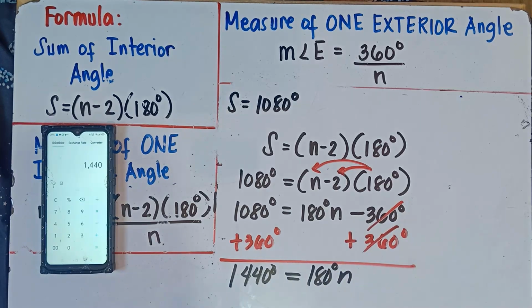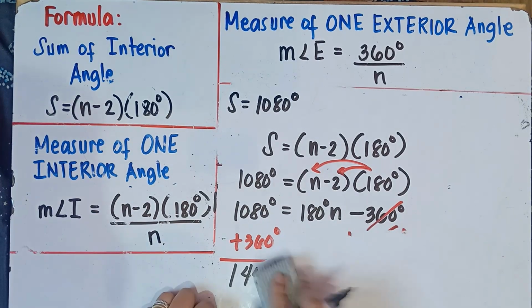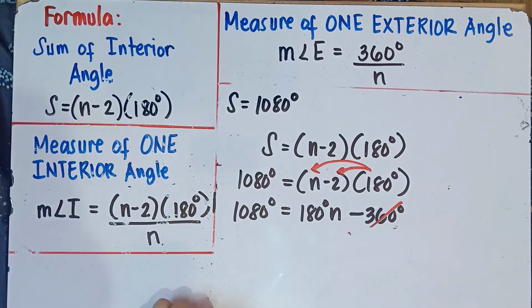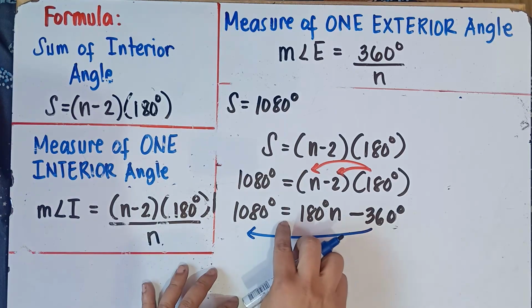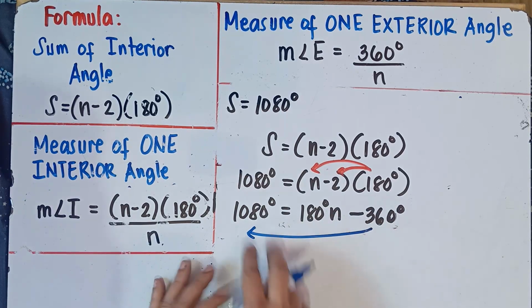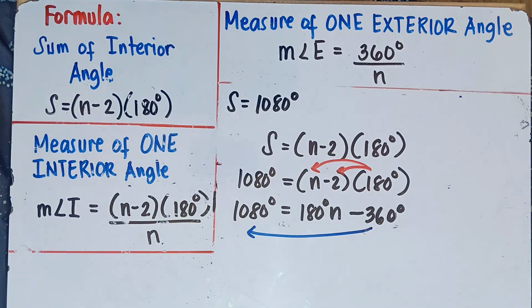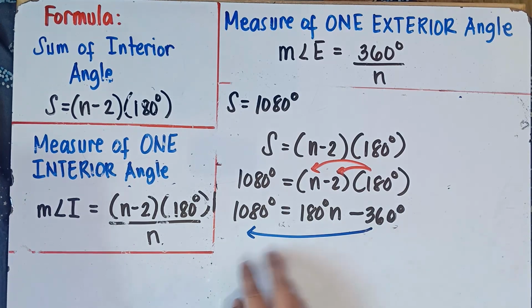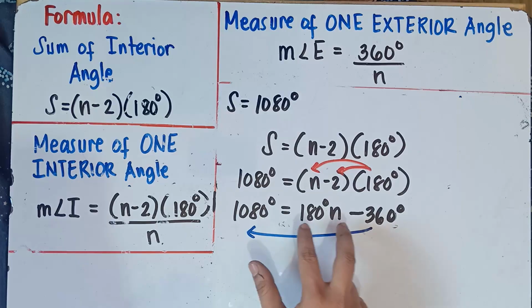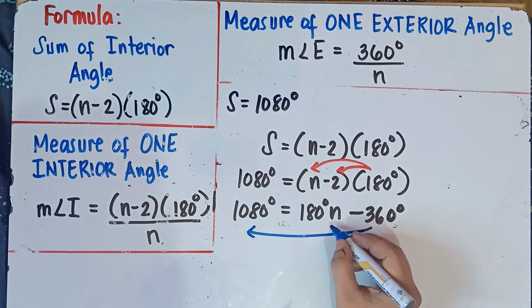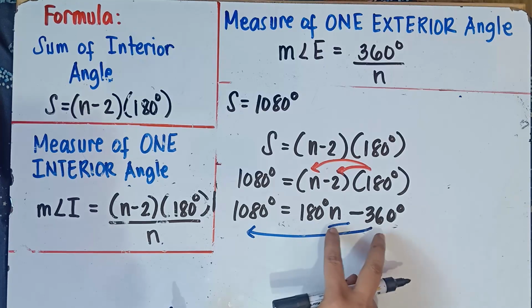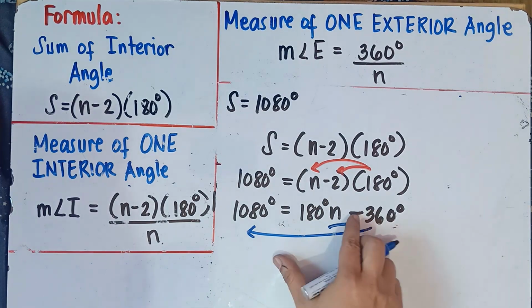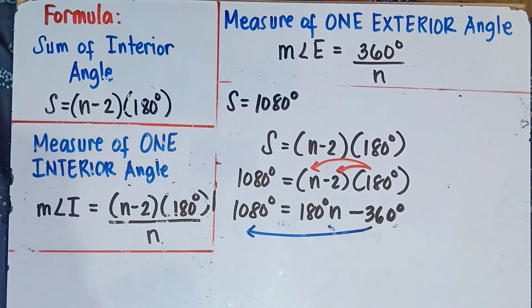Once again, class, I hope you're not confused with this one. So let me show the other solution, class. If you're confused with the properties of equality, that's okay. We can just simply transpose 360 from right to left. Once you transfer it across the equal sign, you change the sign. This is negative, it will become positive. Question, sir, why do we need to transpose 360 from right to left? So that the remaining expression will be only 180 degrees n, because we need to find n. We can combine this one, same number, but we cannot combine this one because there is a variable n. So therefore, we need to transpose 360 from right to left, and it will change the sign.